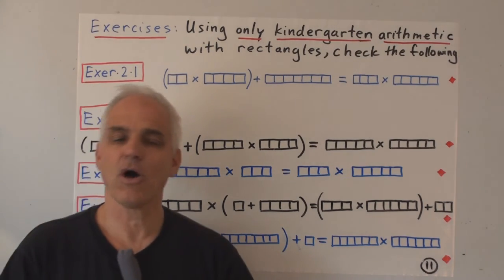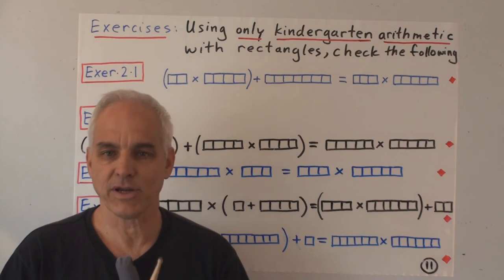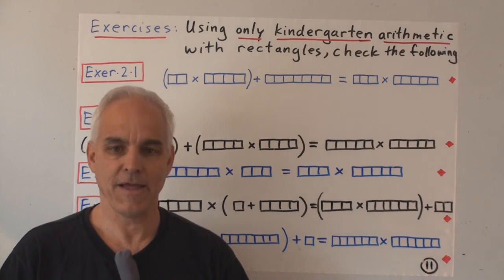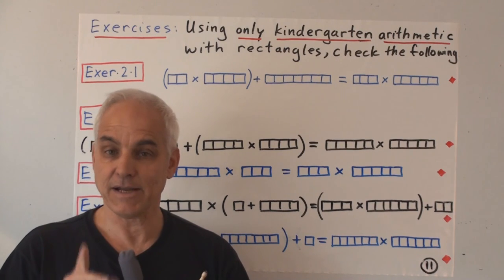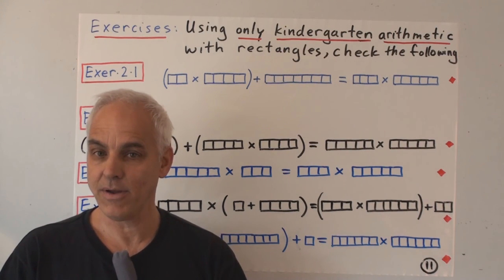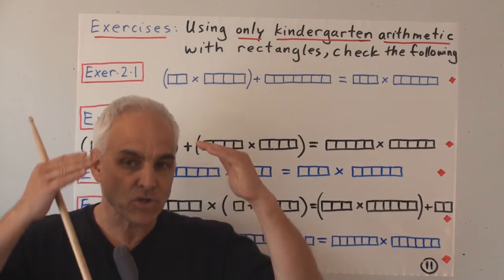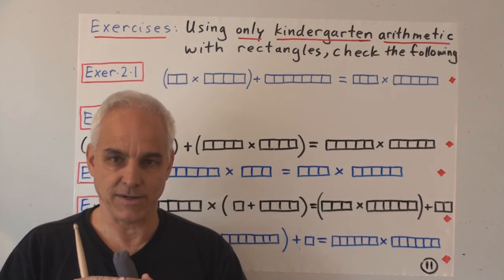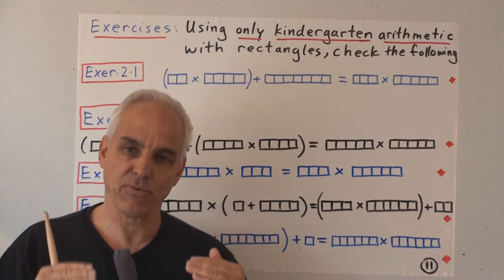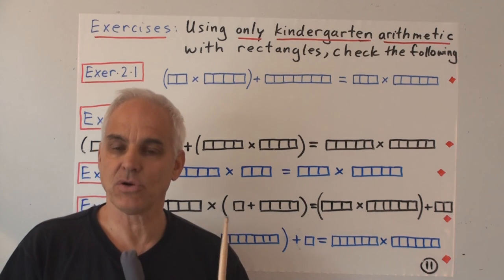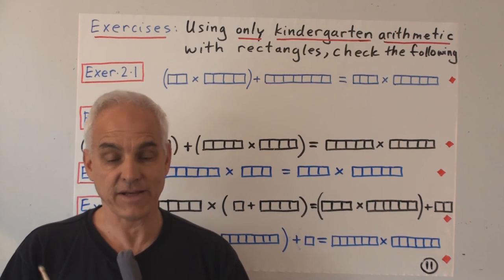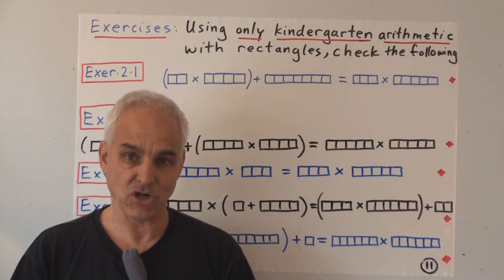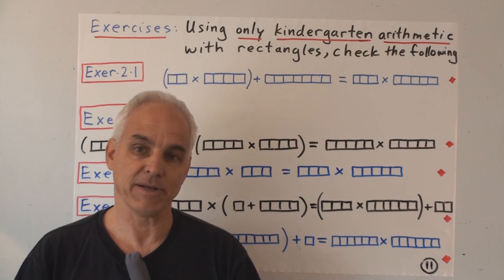Now please don't think, oh, this is too easy, this is too elementary, of course it's completely obvious. It's very good to do things even if they're obvious, because in a month or 2 months or a year from now, having done this will make sure that that's more solid in your mind. And it will give you an appreciation for the geometrical aspect of natural number arithmetic, which in fact, as I mentioned before, actually goes back to the ancient Greeks, and we'll talk about that a little bit later.